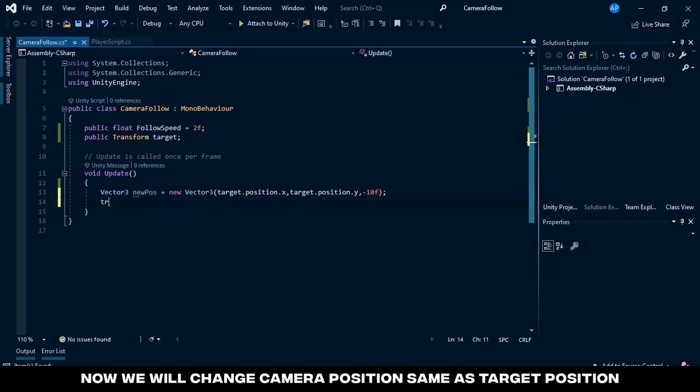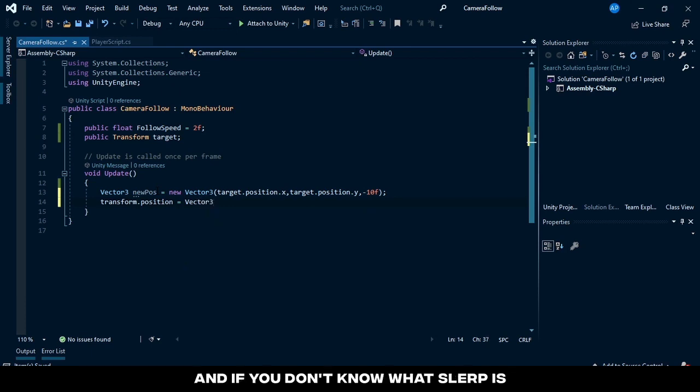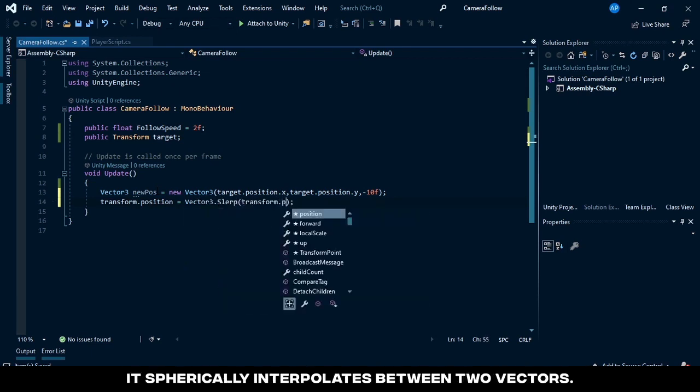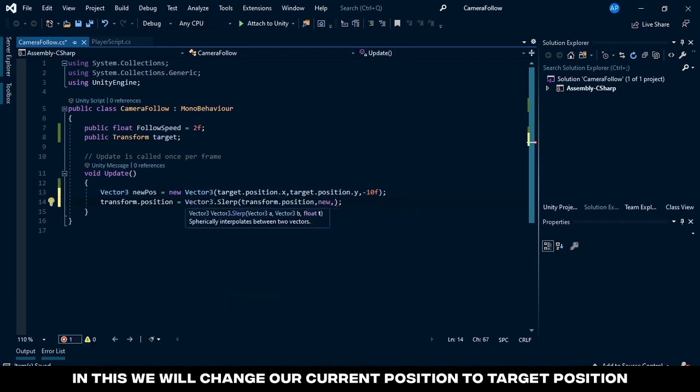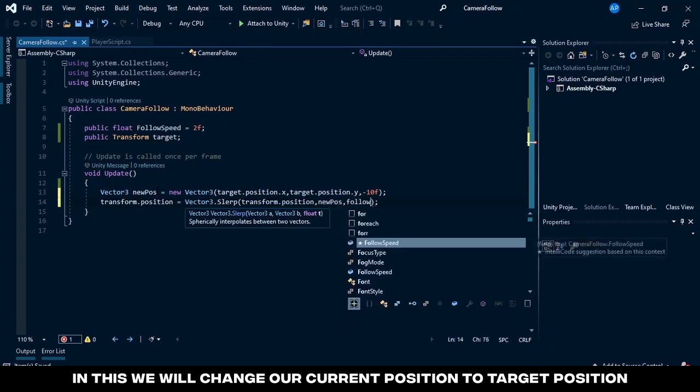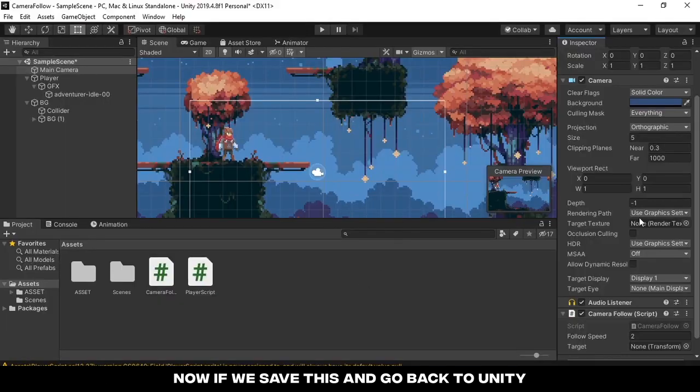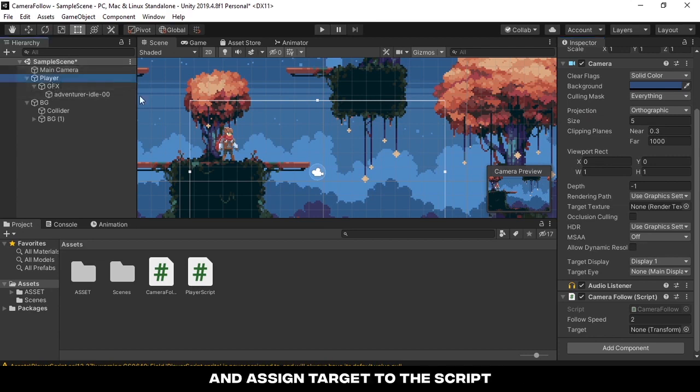Now we will change camera position same as target position. And if you don't know what slurp is, it spherically interpolates between two vectors. In this, we will change our current position to target position. Now, if we save this and go back to Unity and assign target to the script,